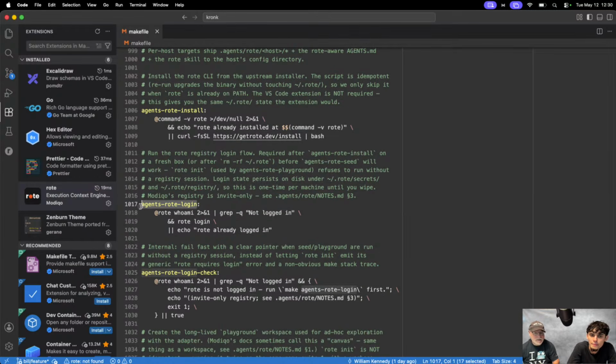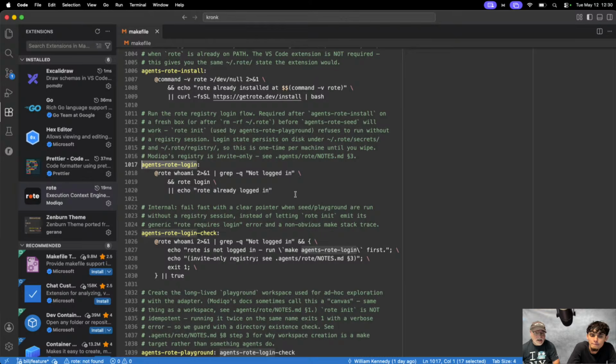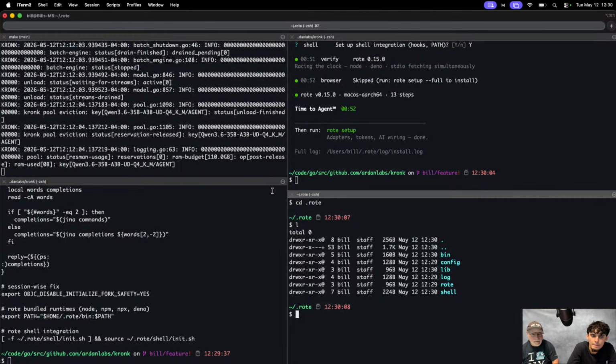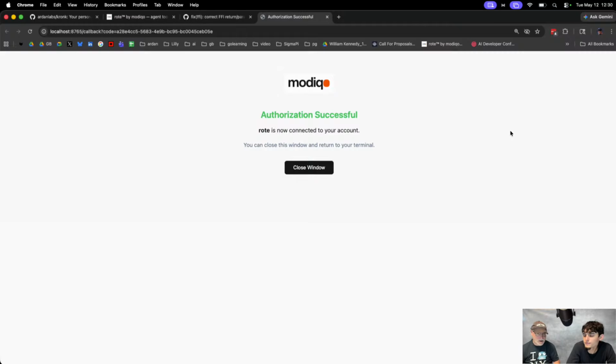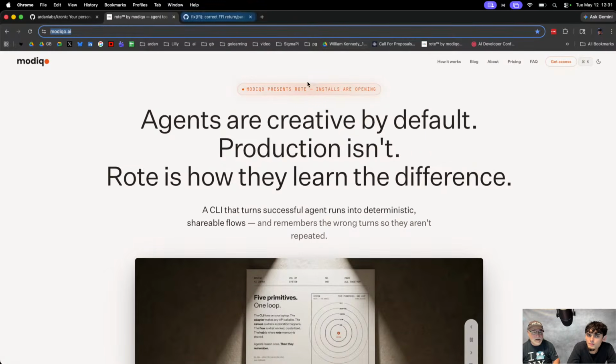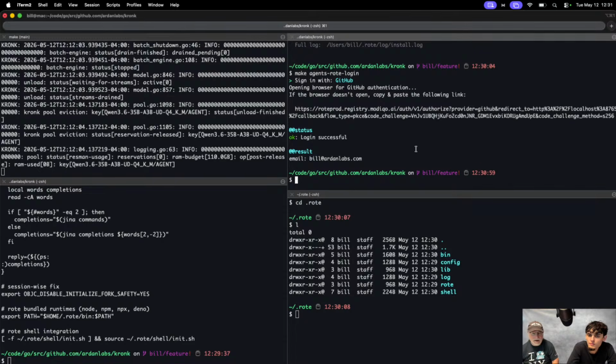Now I need to authenticate. So I'm going to run this command. It's going to do the Rote login. Again, you can authenticate from the plugin. You have three ways. You can create your own email password account, or you can use Google or GitHub. I've been using GitHub for my initial account. So I'll just say GitHub, and I'm already part of it. But since it's a new installation, I went ahead and did that. So I'm now authenticated here, and it created whatever it created there.